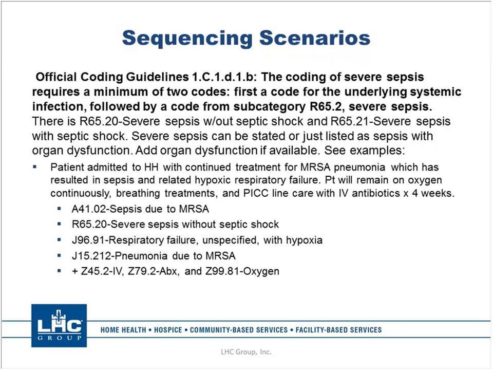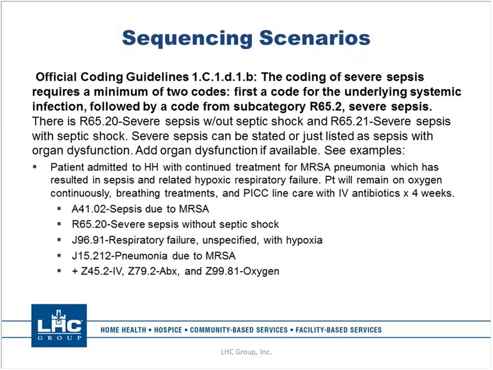So what are we going to be coding first? It says first a code for the underlying systemic infection, which is sepsis due to MRSA. There's no other bacteria identified here. The physician has related it to the sepsis, the MRSA pneumonia, and he's also related it with the hypoxic respiratory failure. So we have number 1